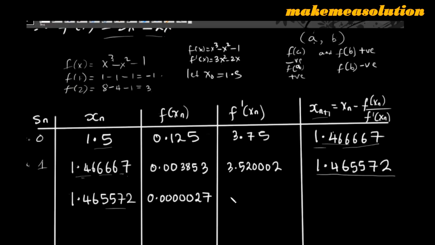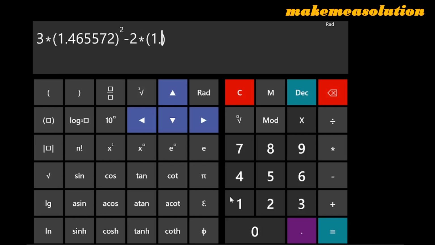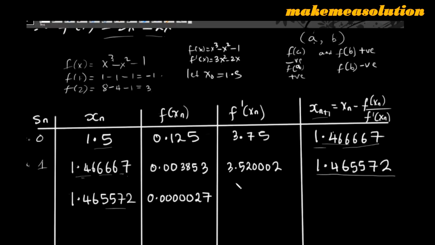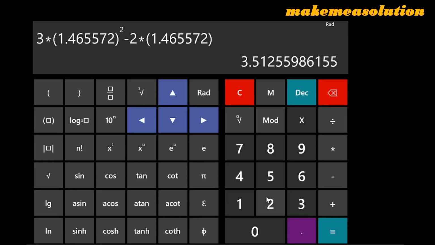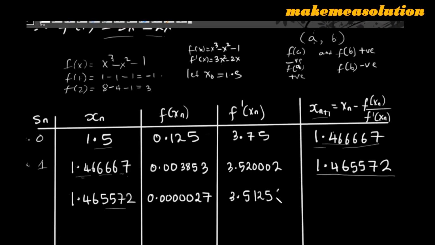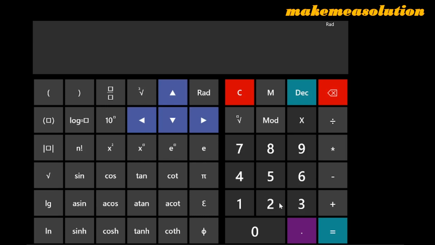1.465572. Okay, then 1.465572. So that gives me 3.51 0.2560 approximately. So I have this value as my xn, then this is my f of xn and f prime of xn, and I'll now use this formula by saying this minus this divided by this. Is that okay? So this minus this divided by this,